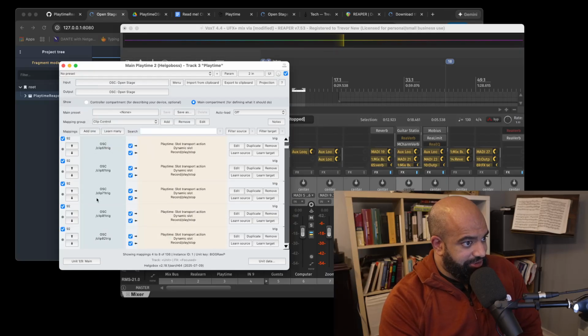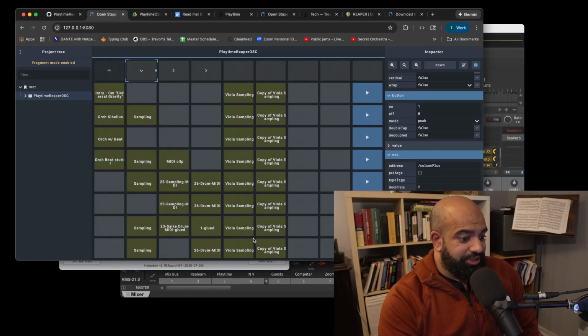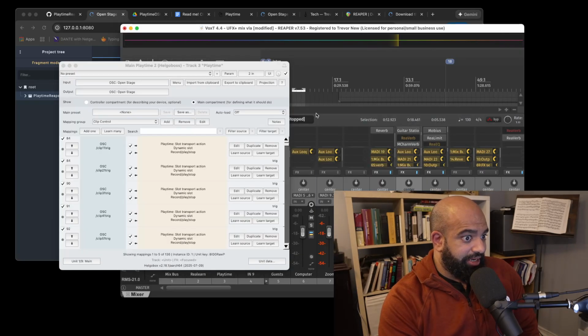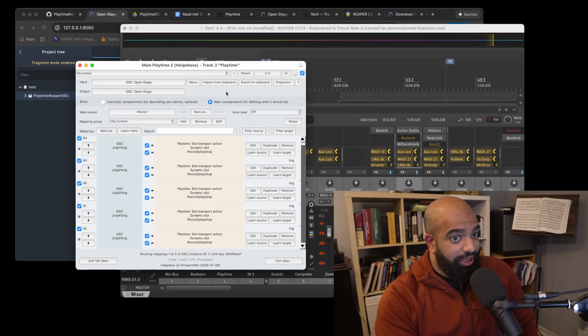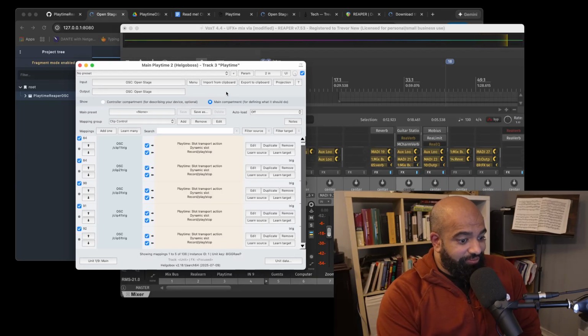You can see these are the different clips. Essentially, these are variables, so all that information gets sent over here and goes back and forth over OSC. It's just strings, integers, floats, with the OSC designation that goes back and forth. The easiest way to make this all work as one thing is to use